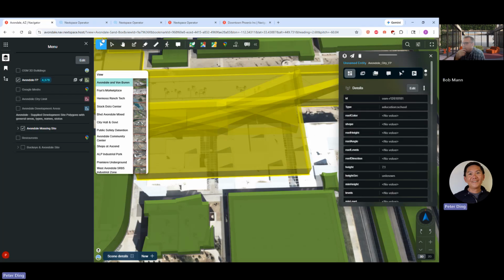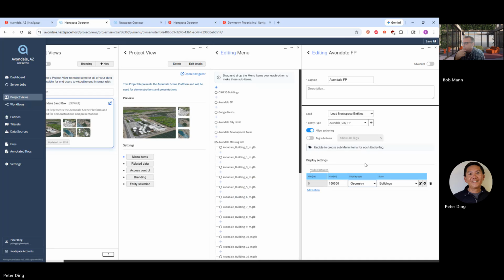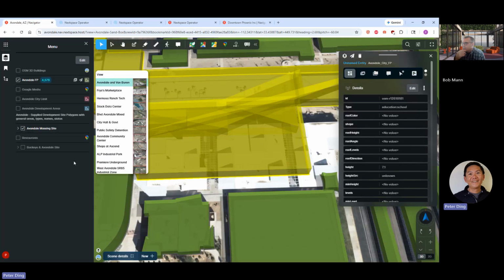So when you're doing styling, if you're doing the footprint, I'll show you the data points here. Essentially, it's a polygon outline. And let's see here whether